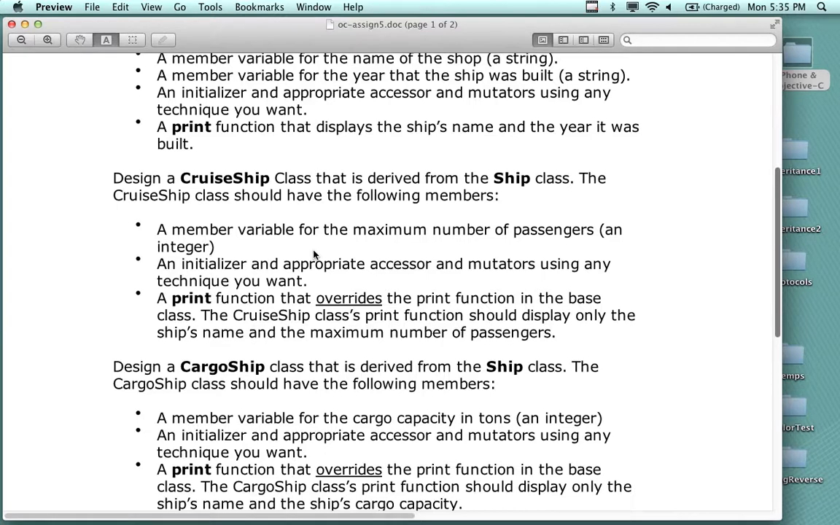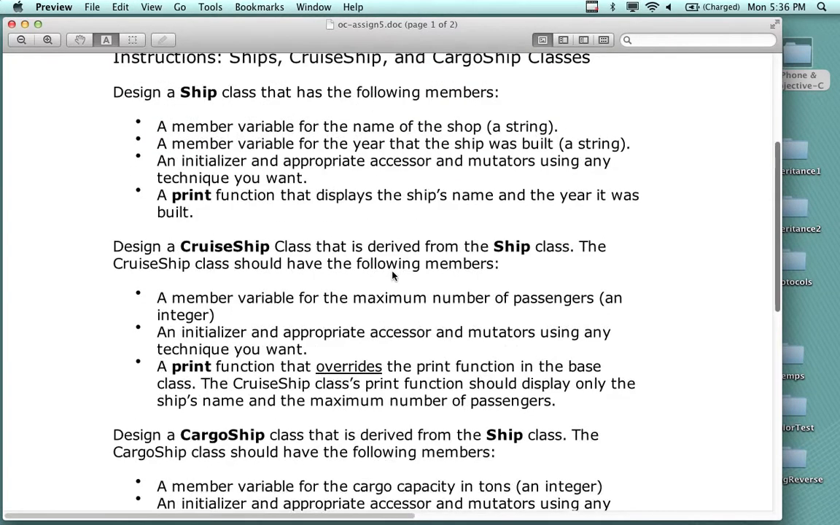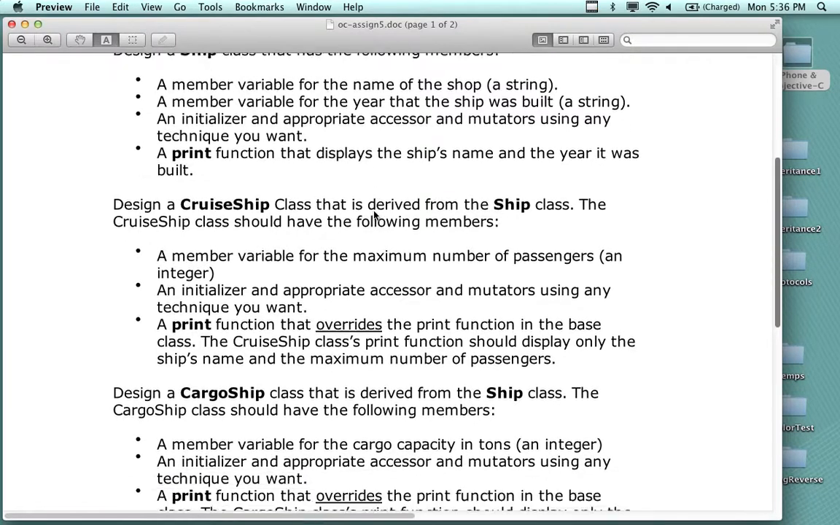Like this car holds 8. Excuse me, this cruise ship holds 8. This hopefully holds like 200 or something. An initializer and appropriate accessors and mutators using any technique you want. A print function that overrides the print function in the base class, so that the cruise ship class's print function should display only the name of the ship and the maximum number of passengers. So it doesn't print out the year that it was made. I think the year is in here somewhere. The year it was built. It doesn't have to print out the year, except it's now printing out the number of